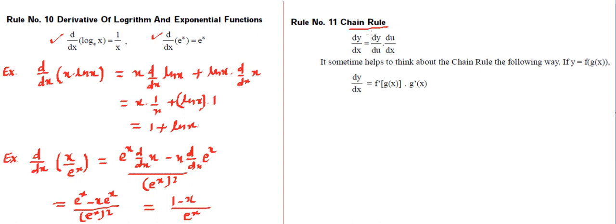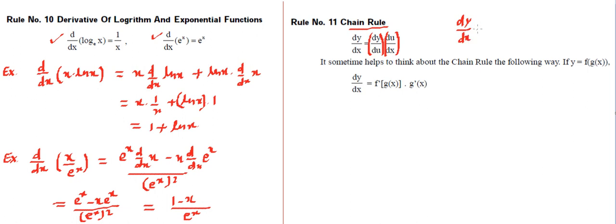Rather, we say that this is one expression, and this is another expression. The first says the change in y with respect to u, into the change in u with respect to x. Both are entirely different expressions, but coincidentally their product is equal to dy upon dx. In fact, we can carry this on for any number of variables, and that's called the chain rule. That means we can create a chain and keep on moving.